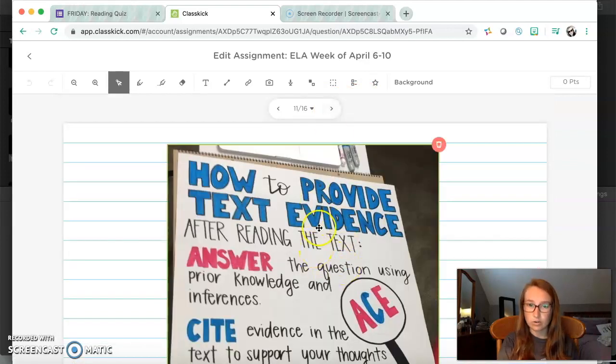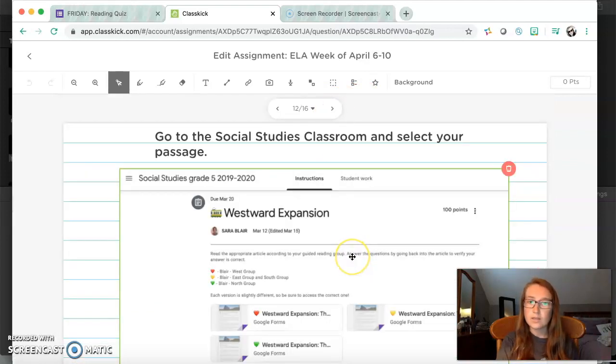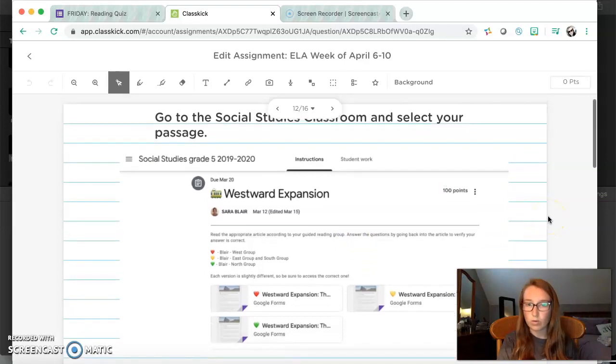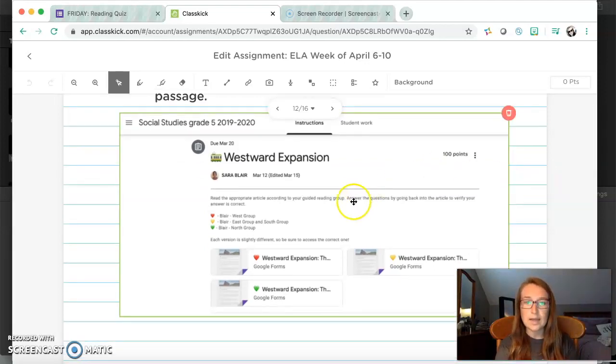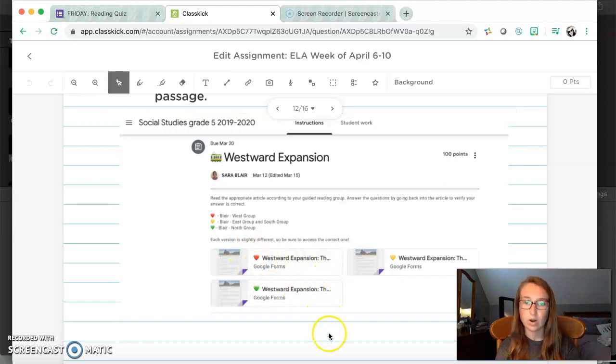So here's our anchor chart, so you can look back at that. And then this is just like you guys did last week with the World War II passage in Google Classroom, the Social Studies Google Classroom. You're going to go and find the westward expansion one. And each one of you will have which one highlighted that you need to do. I know that's how we're doing it for Miss Whitford and Miss Garrett's friends, okay? So for our friends, the one that you need to do will be highlighted, all right?